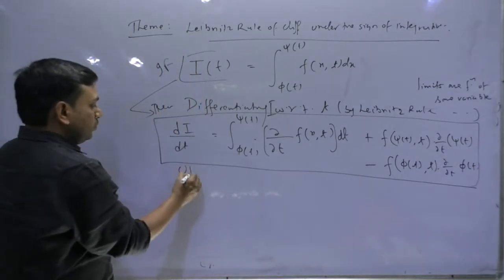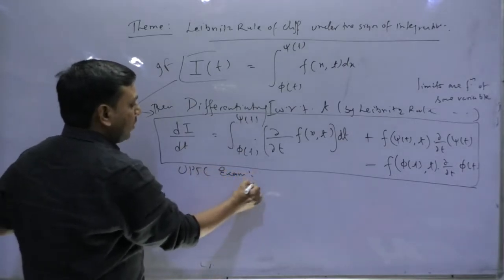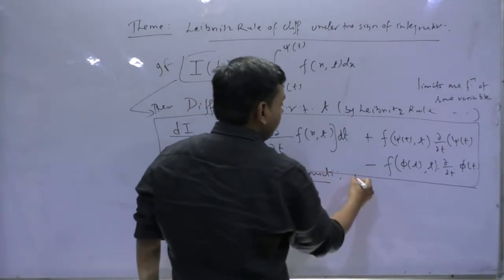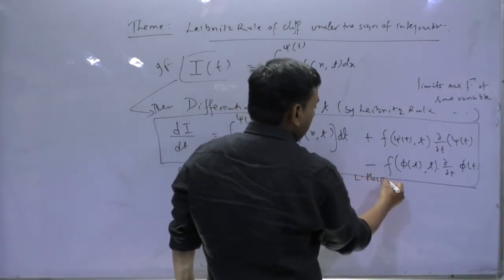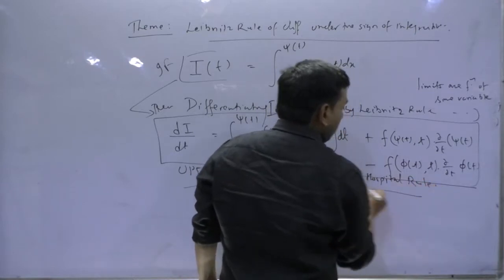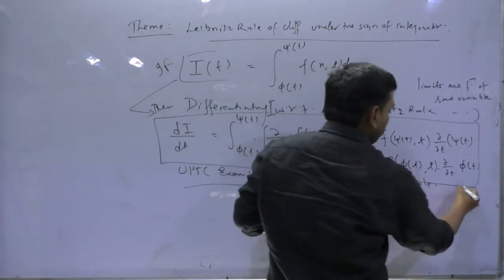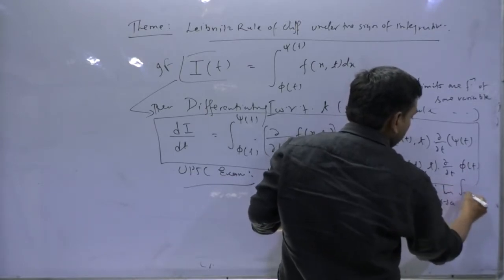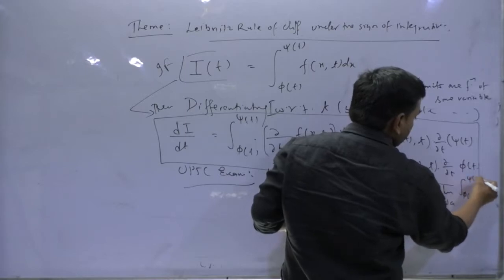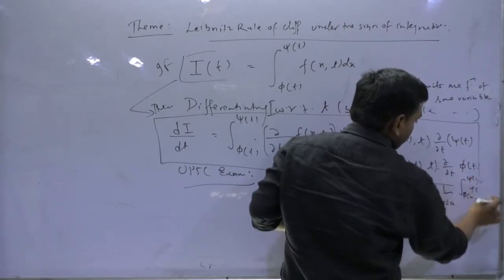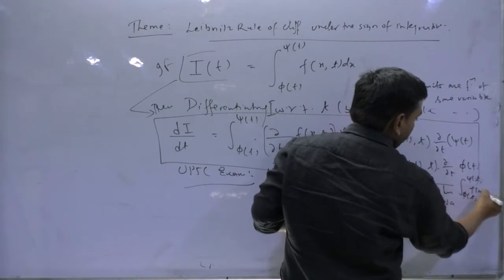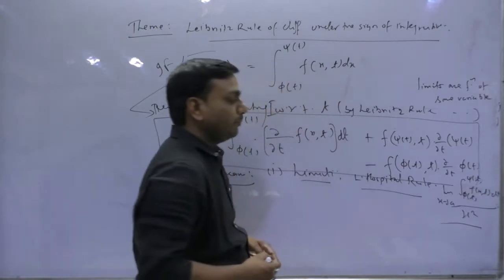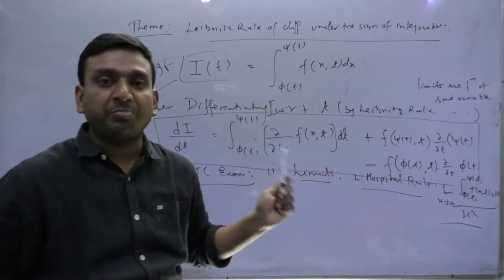So where in the UPSC exam, where it is important, number first, limits में L'Hopital rule, because in that case, suppose that you are applying limit x tending to a, please be on the board. Suppose that phi of x to psi of x, इसको t का ही रखते हैं because we have already taken f of x comma t into dt divided by x square. Please notice that is the mentoring part.